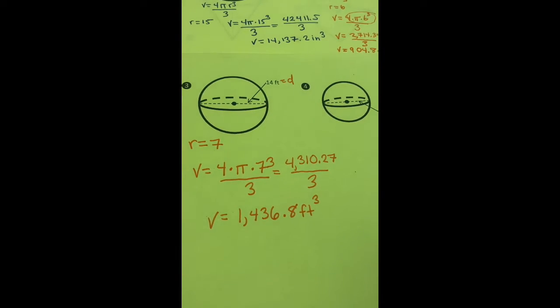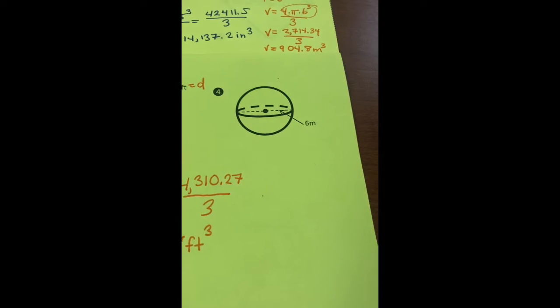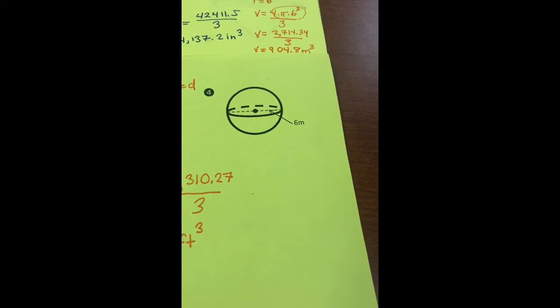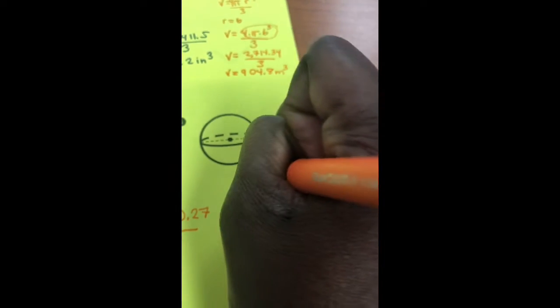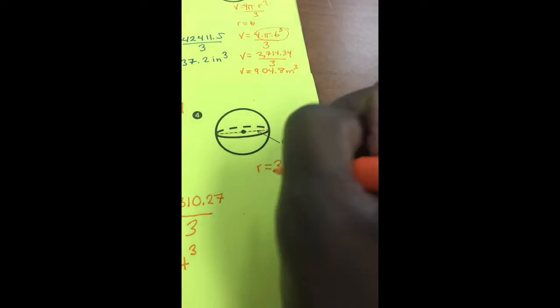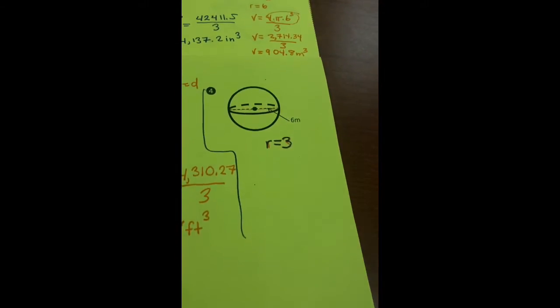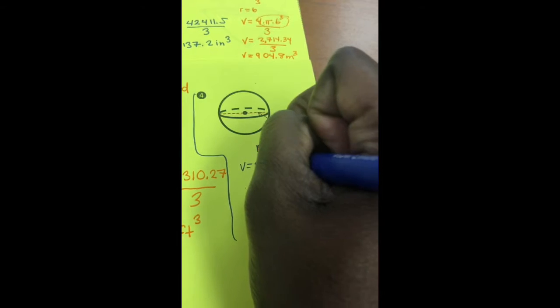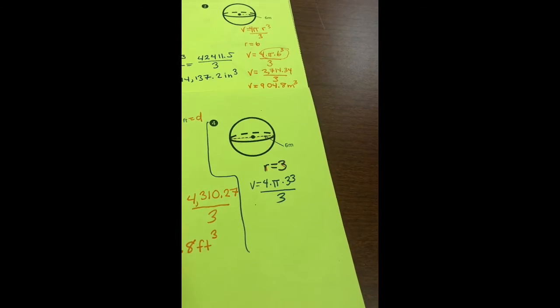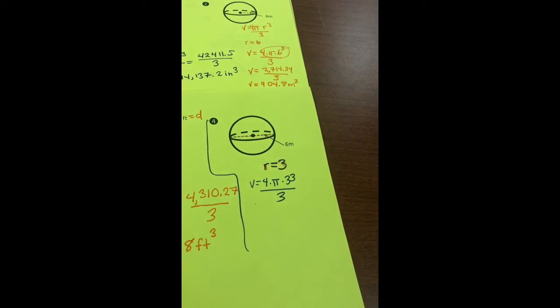All right, for the last and final one, number 4, I would say pause it and try it on your own. Once you're done, then press play. All right, so hopefully for this problem, you notice that the radius is 3. Not using 6 because that is the length from one side of the circle to the other. So I'm in a different color so you know it's different problems. This is number 4. So our formula, we have 4 times pi times 3 to the 3rd power, all divided by 3. So 4 times pi times 3 to the 3rd power,